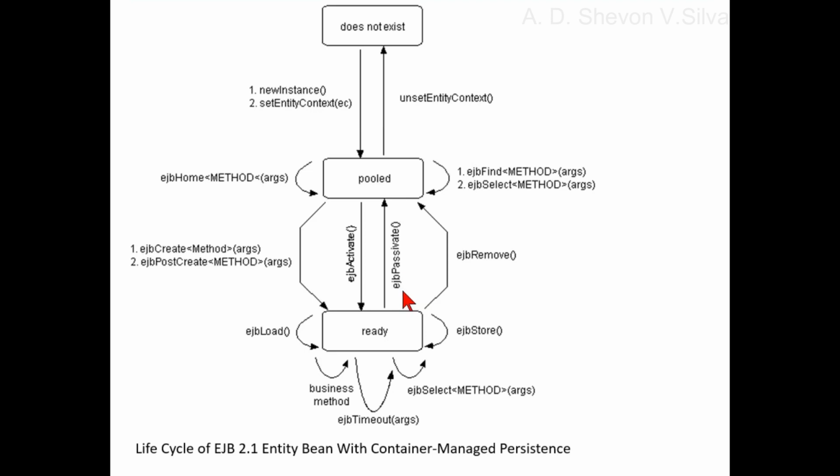To transition from the pooled state to the ready state, the following occurs for the previously passivated entity bean. The ejbActivate method is invoked. The transition from the ready state to the pooled state,